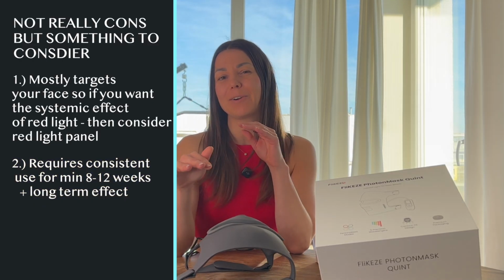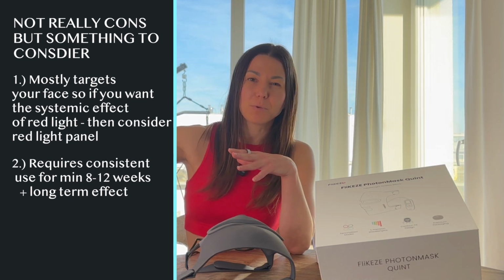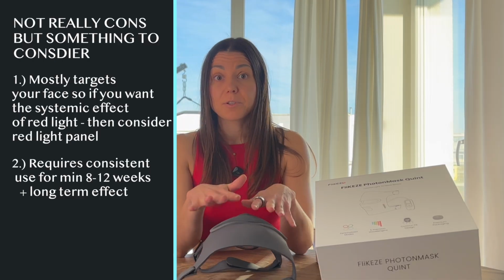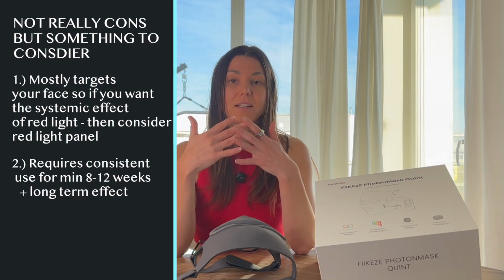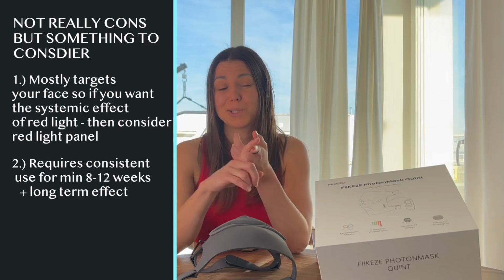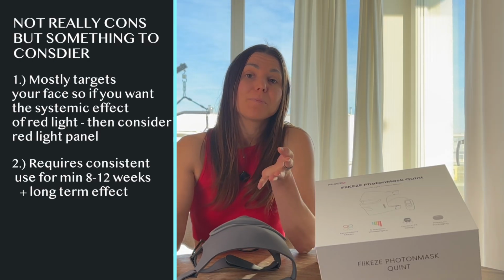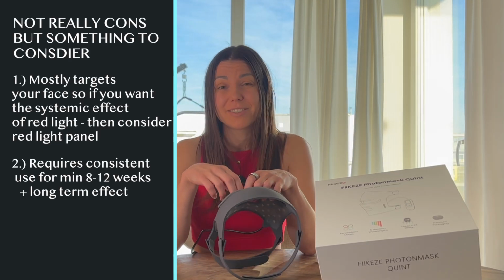at least those 10 minutes a day or at least a couple of times per week for those 8-12 weeks to see the proper benefits. Then also after you stop using the mask, the effect of smoother skin and better look may decrease over time. But again, here it will depend on each person. How is your diet? How is your lifestyle? Stress, sleep, so many factors. Some research papers show that the effect lasts up to 1 month, but as I said, it really will depend